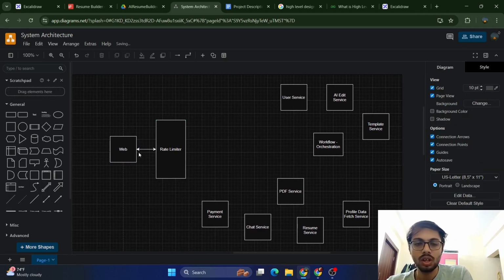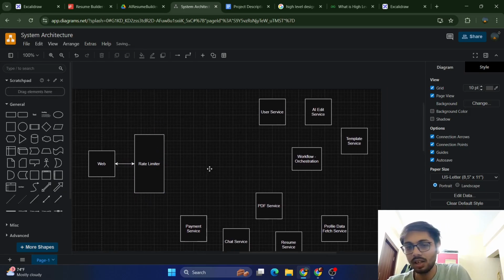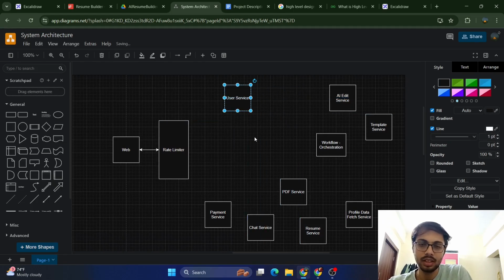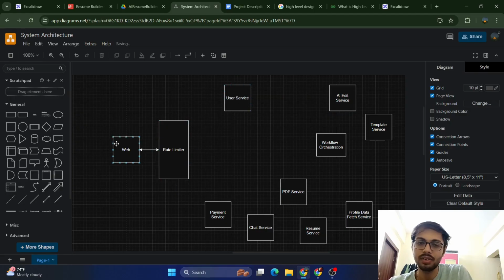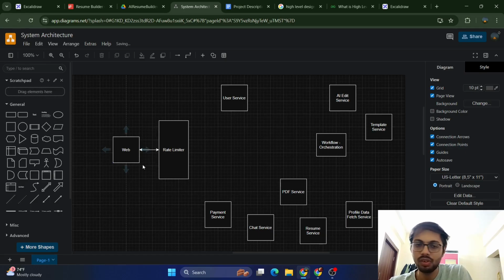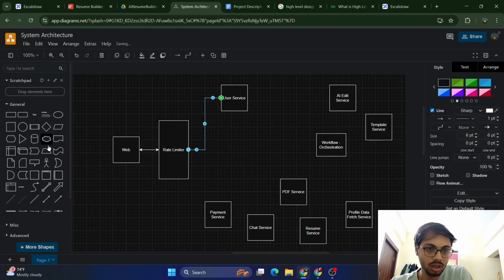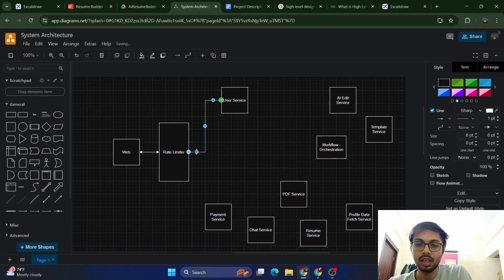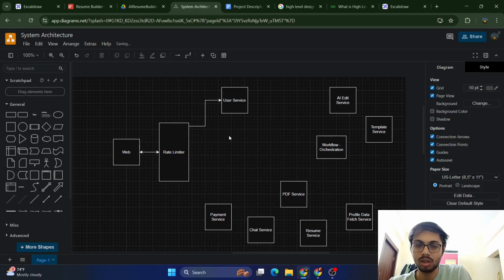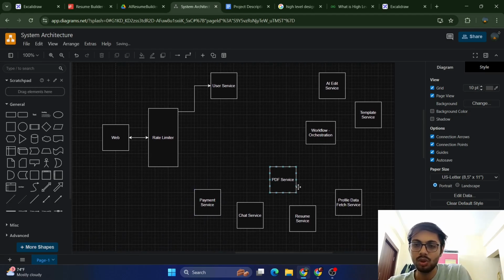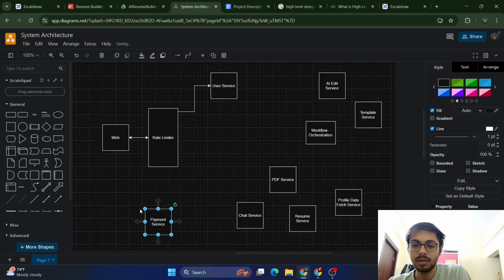तो वेब है, वेब से रेट लिमिटर के थ्रू रिक्वेस्ट आई, और एक रिक्वेस्ट डायरेक्ट यूज़र सर्विस पे जा सकती है कि ऑथ रिलेटेड रिक्वेस्ट है, तो we don't have to think about it. हमको कोई वर्क फ्लो फॉलो नहीं करना है, we just have to move it here. और दूसरी रिक्वेस्ट हो सकती है जो हमको पेमेंट रिलेटेड हो। तो पेमेंट रिलेटेड सीधा यूज़र से होते हुए पेमेंट की तरफ जाएगी।